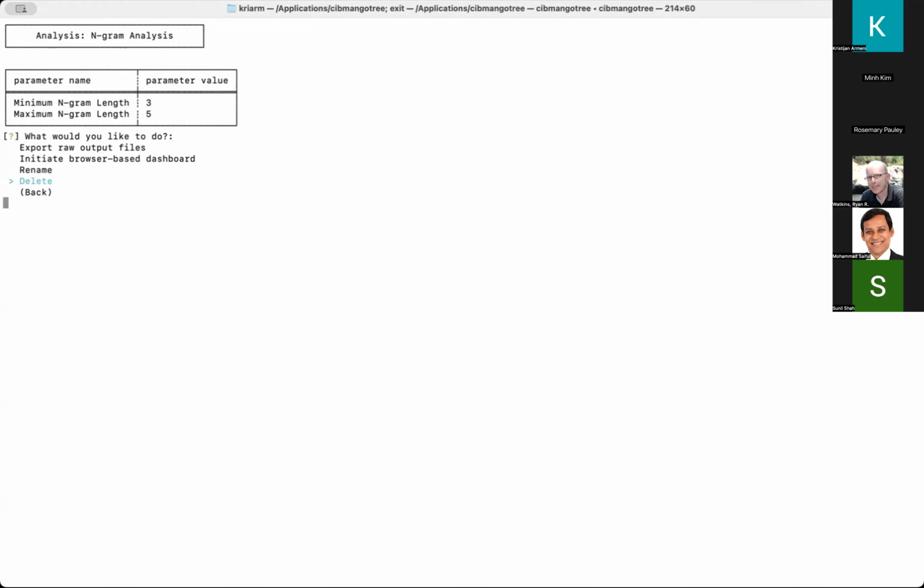So you could export the raw input files. Again, it has the storage backend, so it will store them in applications or wherever the Mac stores these kinds of files. It can save the file and then open the Explorer for you, and you can copy these things and the results, if you want to, let's say, analyze them with your own Python scripts. But otherwise, if you don't want to do that, we've designed dashboards that should help you see the main patterns in the results. So now let me initiate a browser-based dashboard. And I think I'm sharing just this screen. So I'll first just open it.